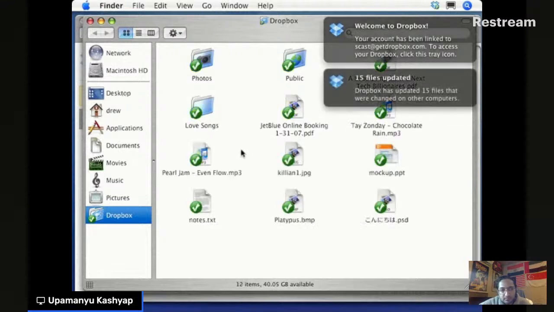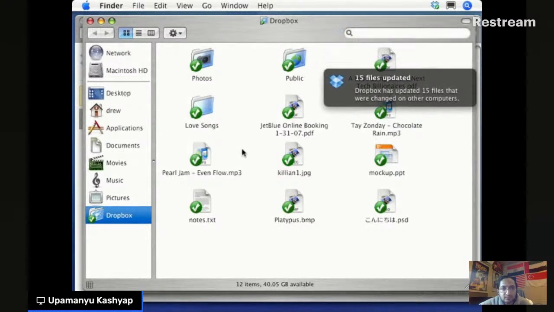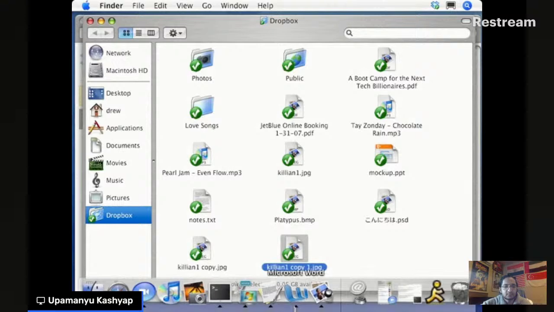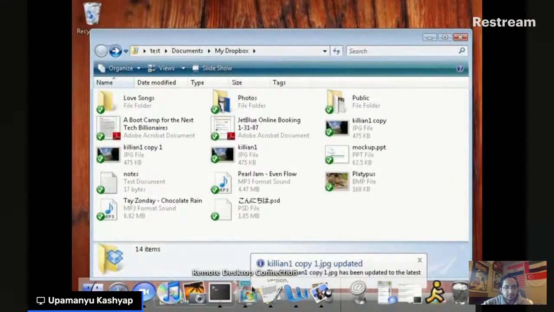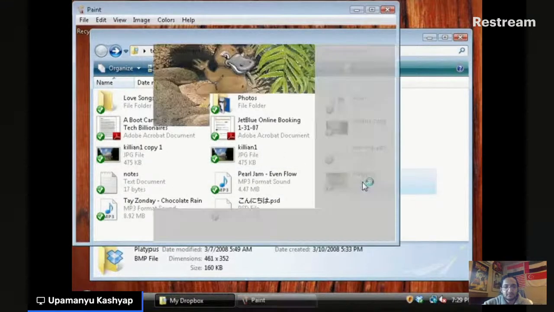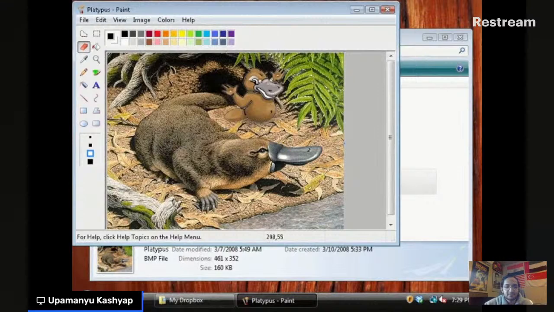And what we're looking at is my Dropbox folder, which looks and acts like any other folder except for two things. One, these little green icons that indicate files are up to date. And two, anything in my Dropbox is synced across all of my computers and to the web. And you'll notice that when I make changes, everything syncs up pretty quickly. And as another example, I'm going to log into my Windows PC, where you'll see that not only are the changes from my Mac already here, but if I make another change to a file, for example, this picture of a platypus,